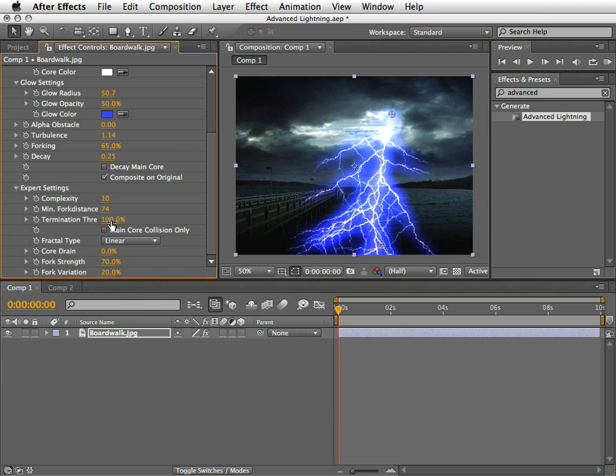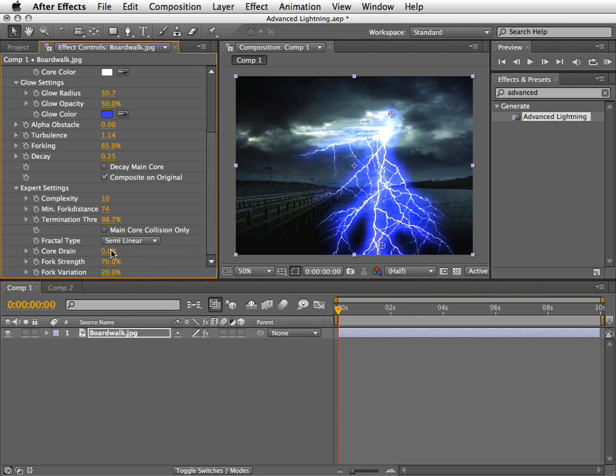You can also set here a termination threshold, and you can calculate collision on the main core. Also you can set some fractal types here and define the percentage to the core drain. And then you can of course set the fork strength and variation. Most of these settings are self-explanatory, and if you'll play with them, you should be able to achieve the precise